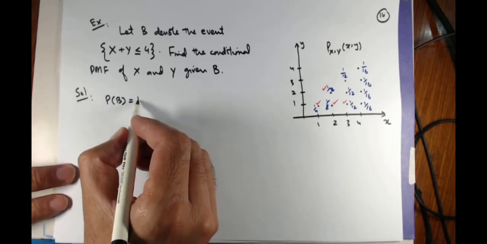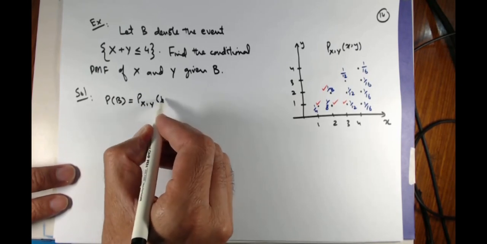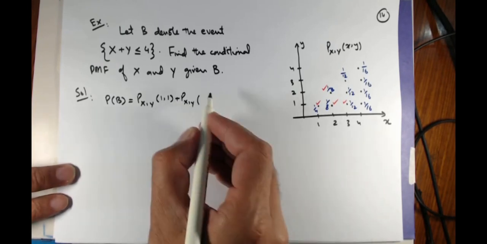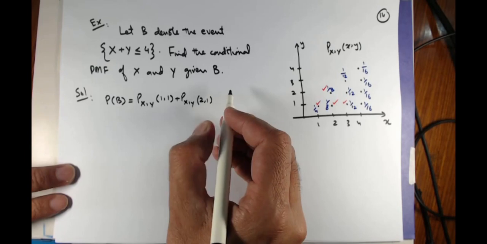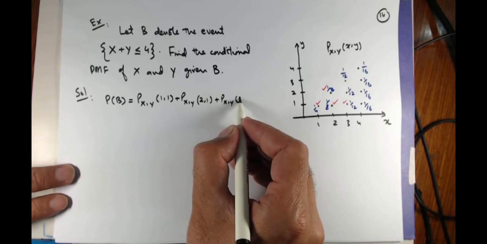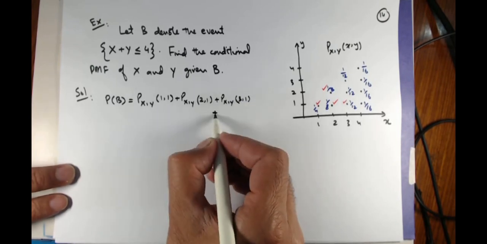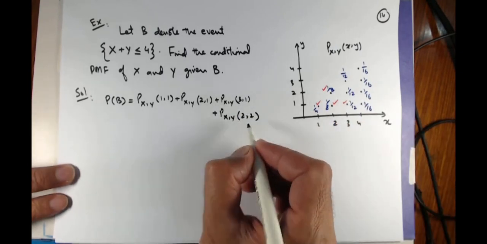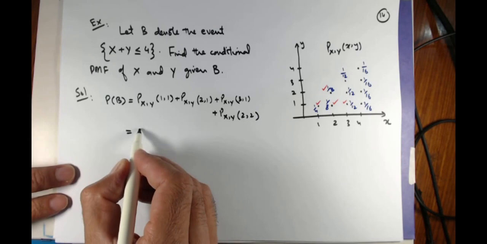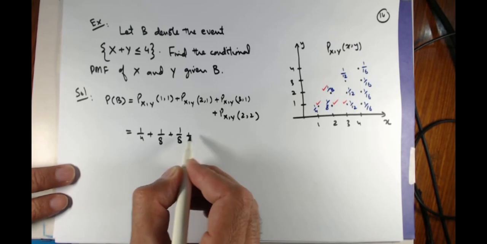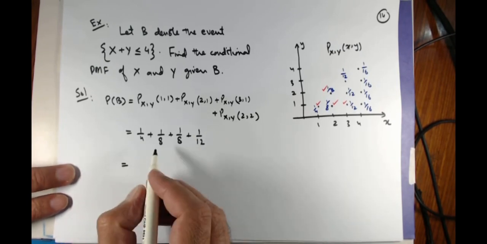So P of B is basically P sub x comma y of 1 comma 1 plus P sub x comma y of 2 comma 1 plus P sub x comma y of 3 comma 1 plus P sub x comma y of 2 comma 2. So this can all be summed up: 1 by 4 plus 1 by 8 plus 1 by 8 plus 1 by 12, and that turns out to be 7